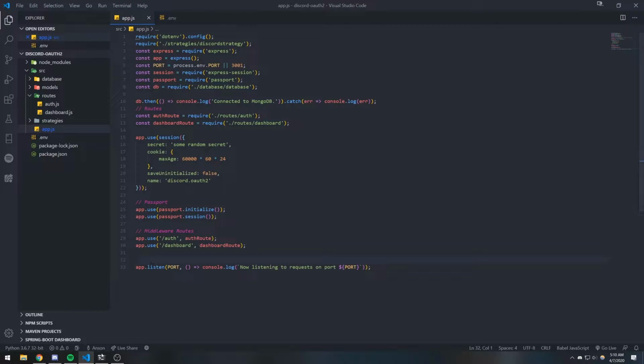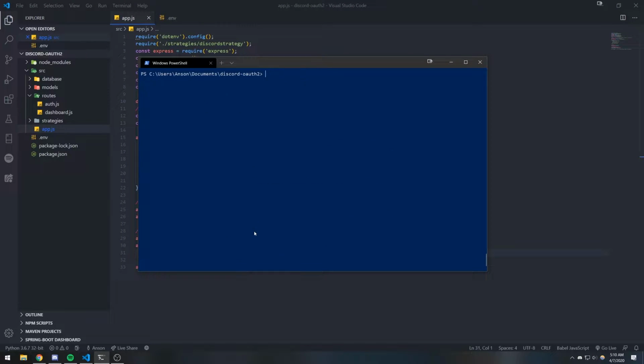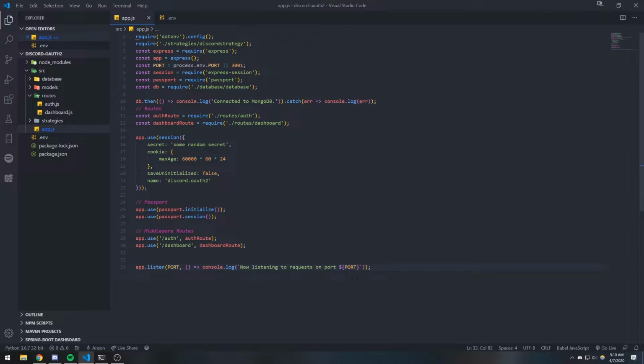So first we need to install a template engine. We're going to do npm install ejs. EJS stands for embedded JavaScript, which allows us to use JavaScript to produce the final template that we want to actually be shown